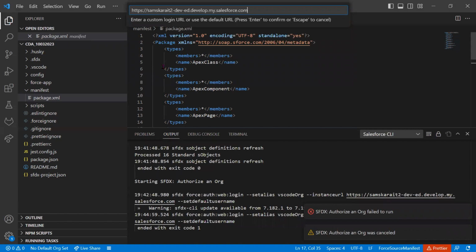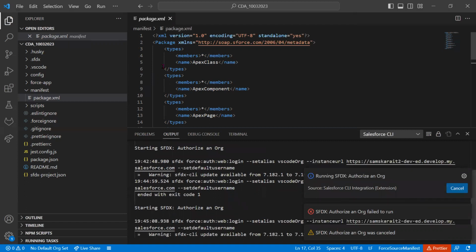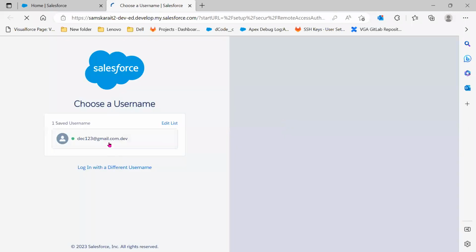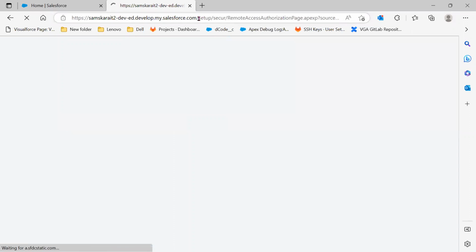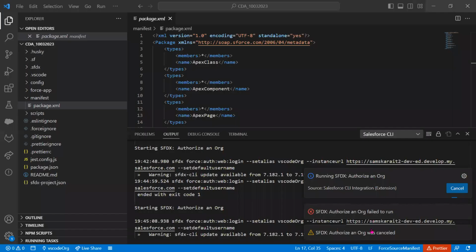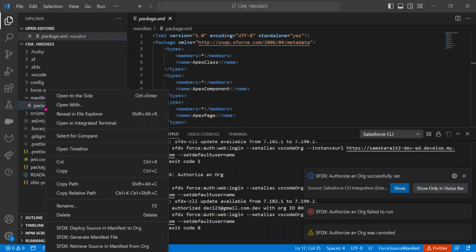Custom. Okay, successfully done. Now let me go ahead and pull everything from Salesforce to